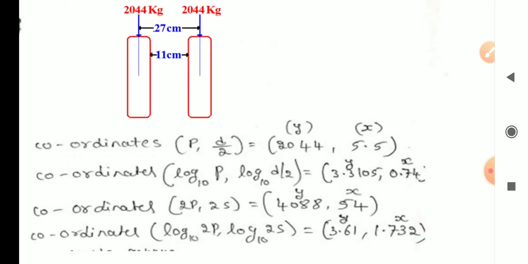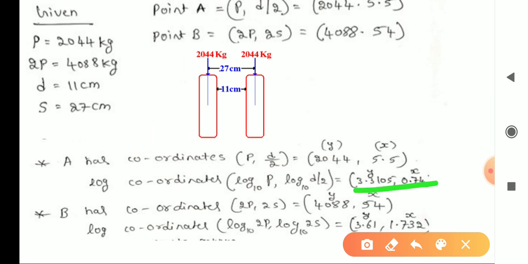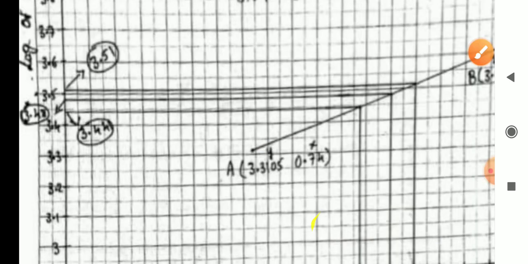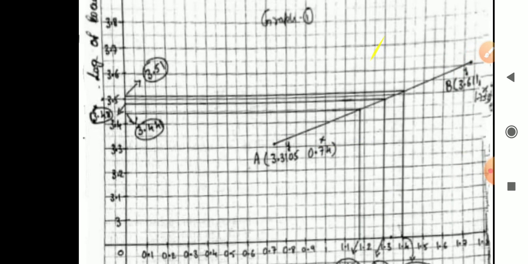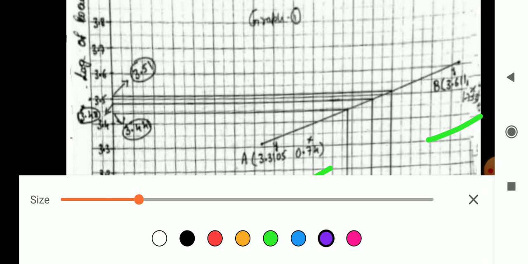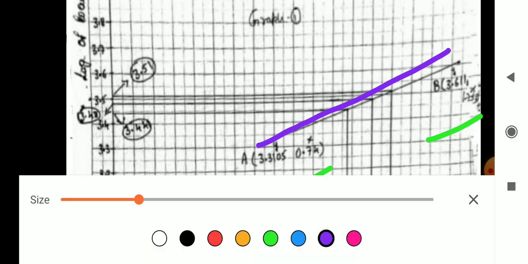So see, here this we have to first set, this is one, another one is this is one. So these two values first we have to fix in the graph. Okay, point A, point B. So this preliminary part, point A point B, first we have to fix. After fixing, here we have to draw one line. After that again